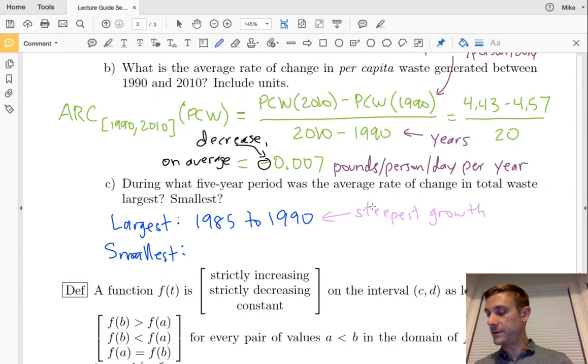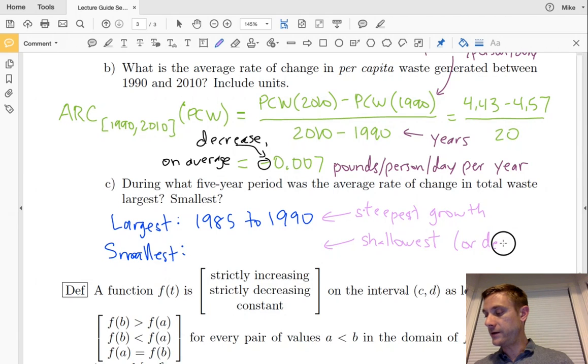So the segment that rose most rapidly there. And then for the smallest, this is going to be the opposite end of the spectrum. English is not great. Steep is a great way to say how vertical this thing is. I don't know if there's a perfect analogy for how not steep it is. So this could be sort of shallowest,